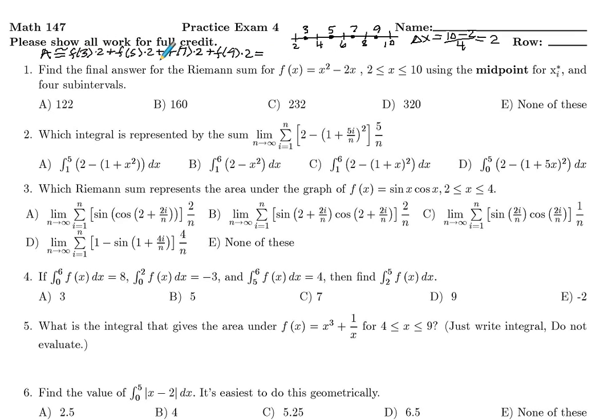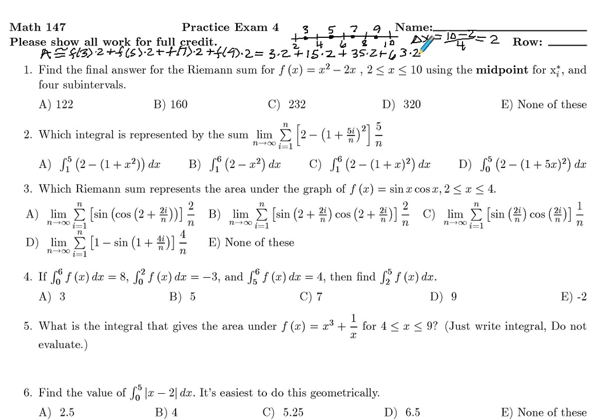So 3 squared minus 2 times 3, that'd be 9 minus 6, which is 3, times our 2. Plus, now plug 5 in. 5 squared is 25 minus 2 times 5. 25 minus 10, 15 times 2. And then let's see here, plug 7 in. So 7 squared is 49 minus 14 is 35. So 35 times 2. And then plug 9 in. 9 squared is 81. Minus 18, so 63